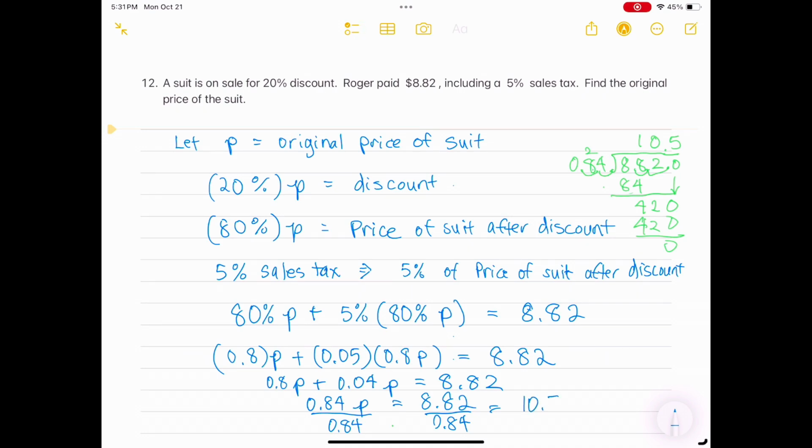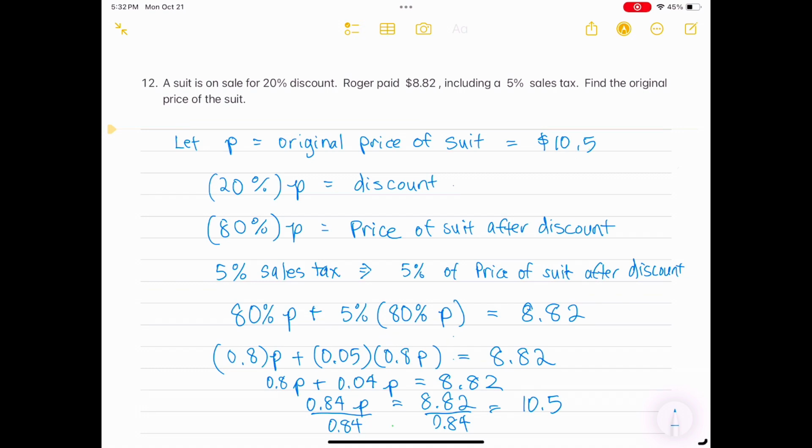So I'm a little limited by my space on this iPad recording system, and so my calculations are a little bit crowded, more so than optimally. In real life, I would use paper and spread out my work. In any case, I write down that the original price of the suit is $10.50, and now I check my